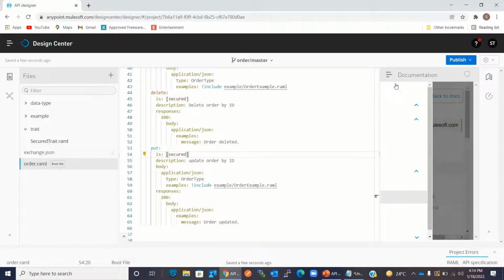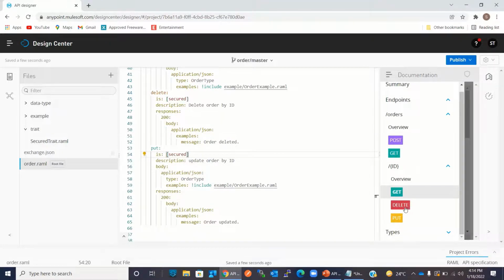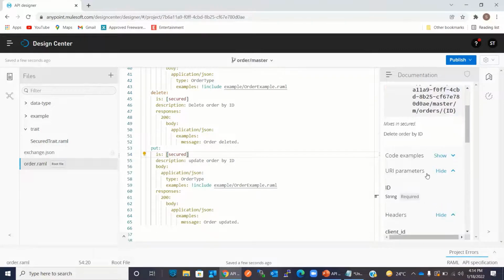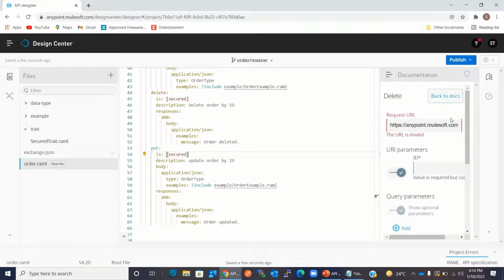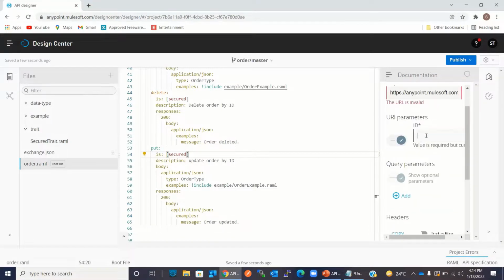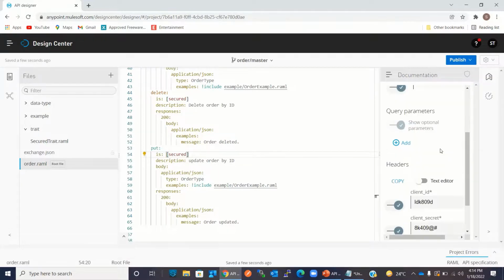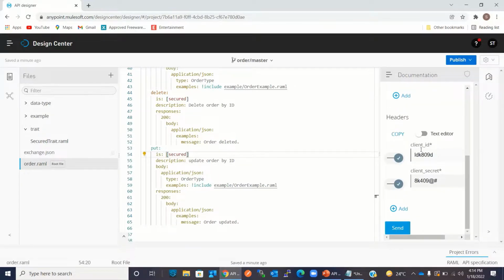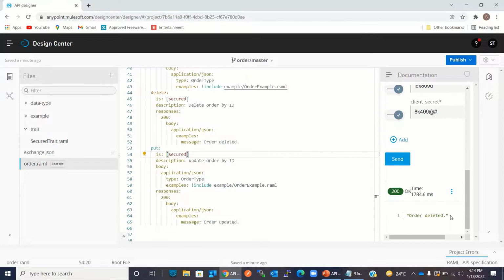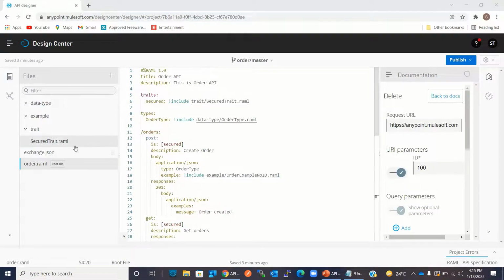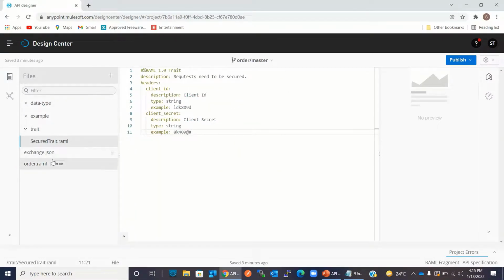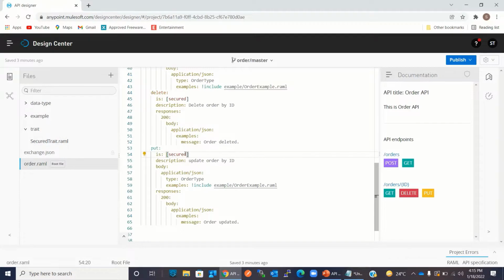Go back to documentation, click on delete, click try it, give the ID 100, send the client ID and client secret, click send. We got the result.